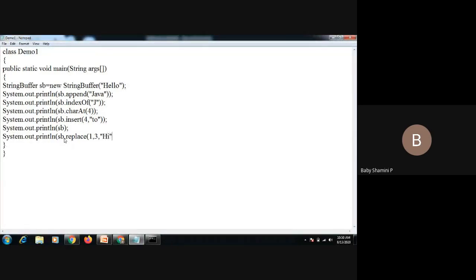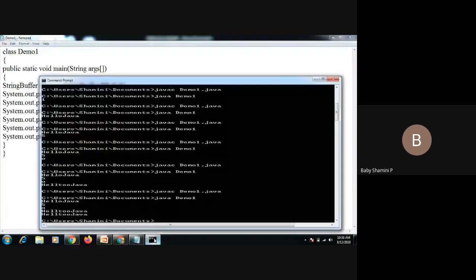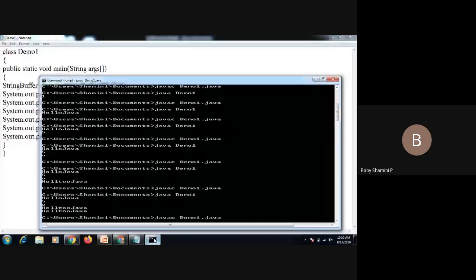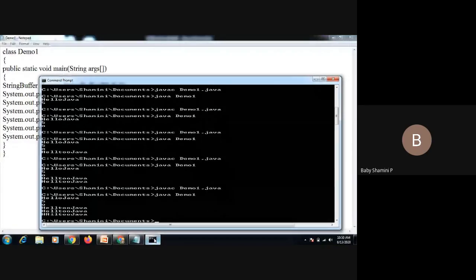I am going to replace the value from index 1 to 2. It excludes the last index. So first index is 0, E is 1, L is 2, and L again is 3.